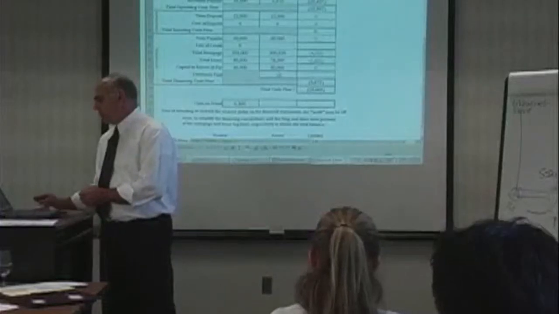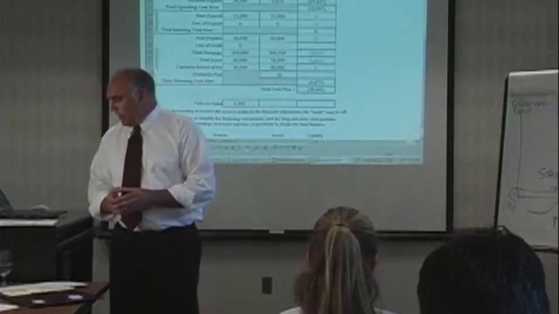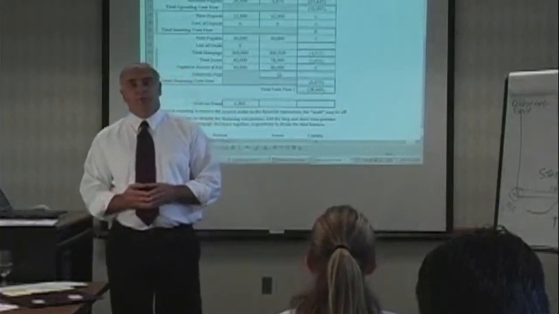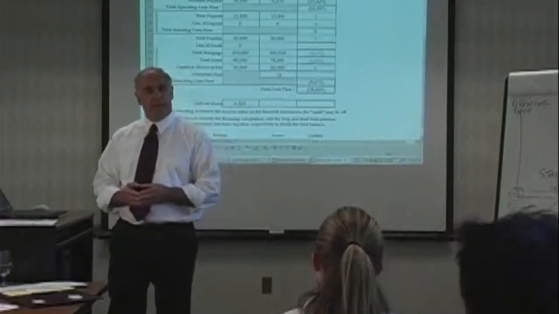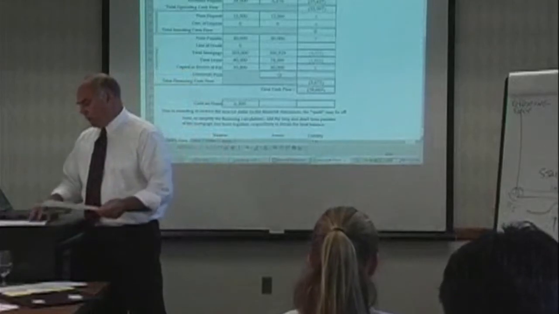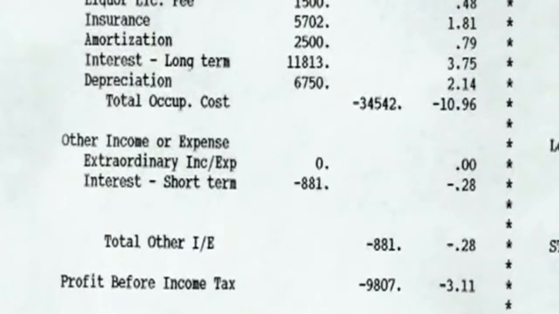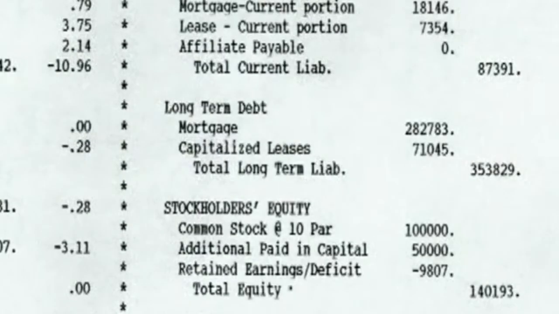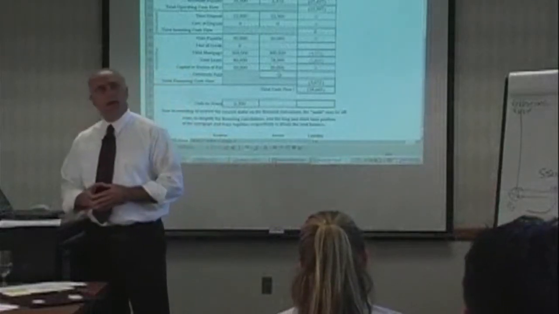Recall that we are a corporation, and there is a provision for dividends to be paid in a corporation. And it's not known to us at this time whether dividends were paid or not. However, there's one simple test that we could perform to determine if in fact they had. And the way to do that is to audit or compare the net income after tax for the first quarter to the retained earnings account on the balance sheet. And in so doing, you note that the net income was negative $9,807, and the retained earnings account is also